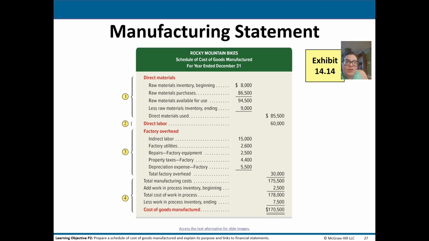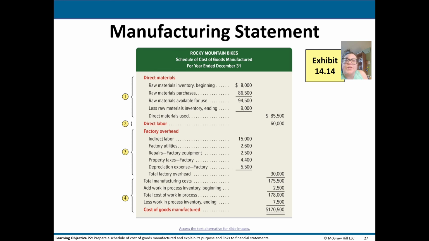So our cost of goods manufactured is also called the net cost of goods manufactured or the cost of goods completed. So basically what you're trying to get at is how much did it cost for us to manufacture these finished goods inventory. Management uses the schedule of cost of goods manufactured to plan and control their manufacturing activities. So, to provide timely information for business decisions that the managers have to make, this schedule is usually prepared on a monthly or weekly basis. Sometimes they even prepare it on a daily basis.